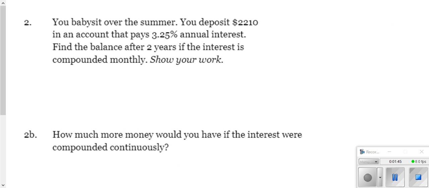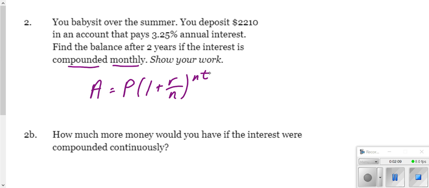Question 2 gives us a couple scenarios to look at. It says that you babysit over the summer. You're going to deposit some money, and you have the interest rate given there. You want to find the balance after 2 years if the interest is compounded monthly. So the compounded monthly is telling me that I need to use this formula